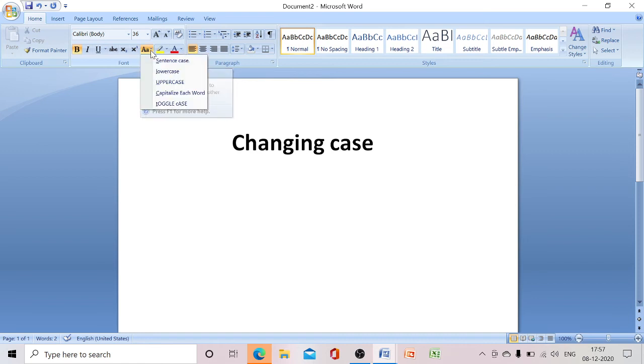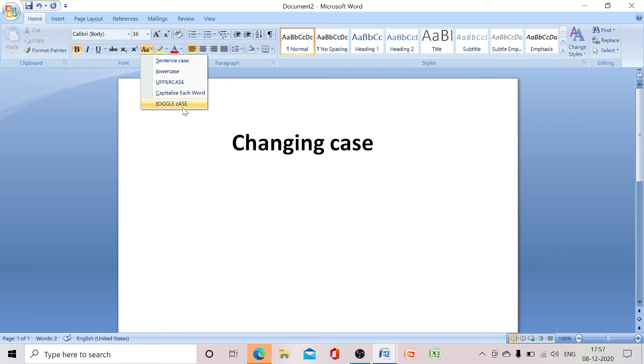Change case, can you see? Under the change case you can see sentence case, lowercase, uppercase, capitalize each word, toggle case. These are the different types of change case options which are present in this MS Word 2007. You have to read your textbook properly, so you will be getting more about this.